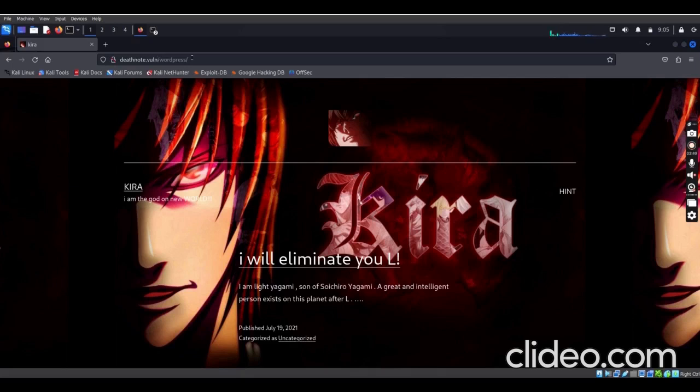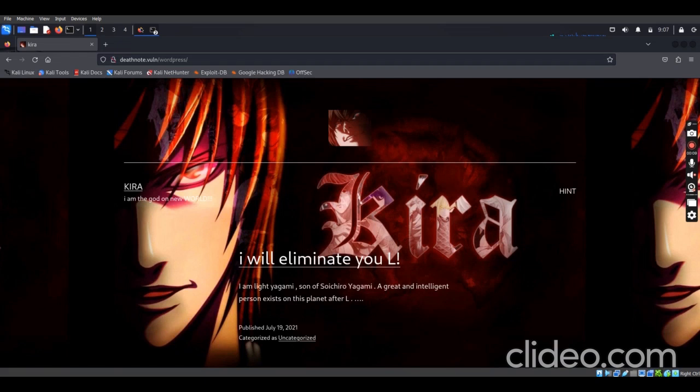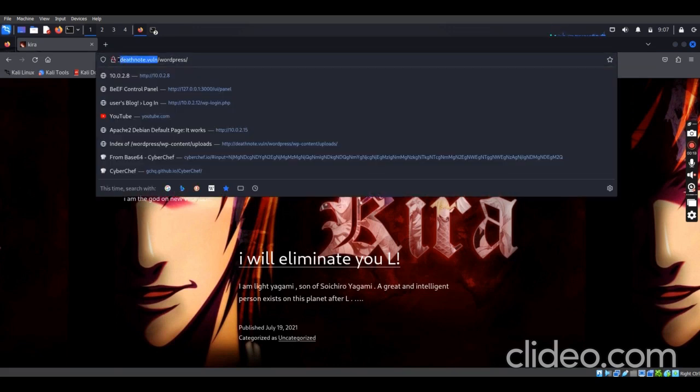What we are going to do now is that, like I said, we don't have a password or username for the SSH, which is open. Folders, you understand? There are directories and subdirectories for each and every website. If you look at the URL which we saw here, this is the website domain hosted on this particular server which we are trying to break into, and we have slash WordPress.